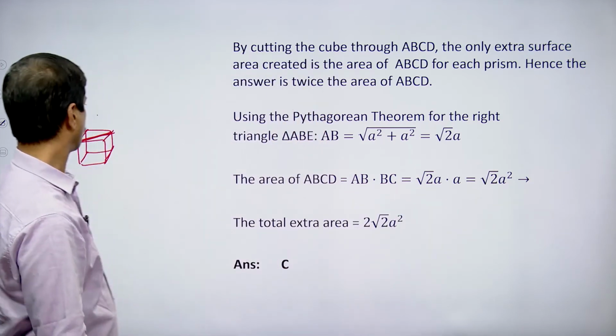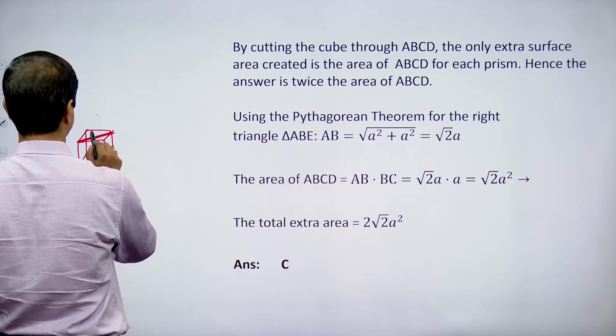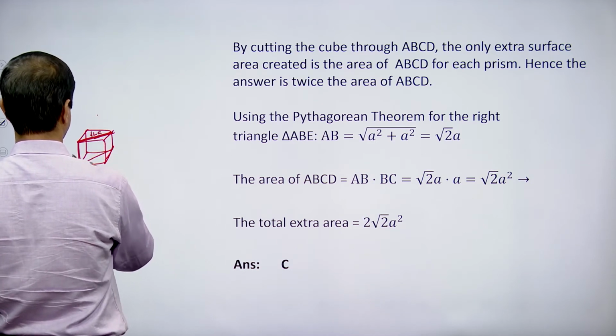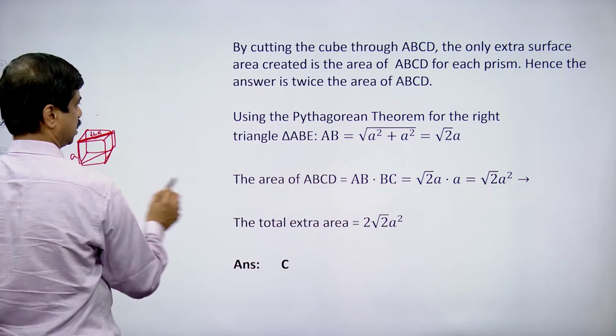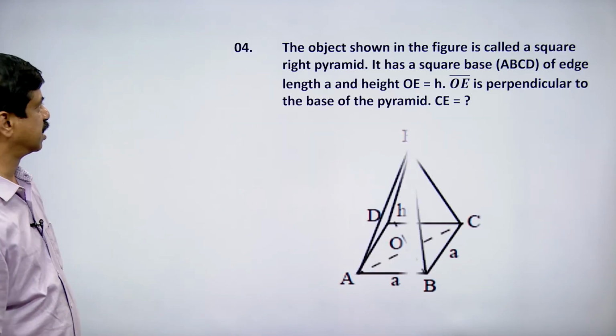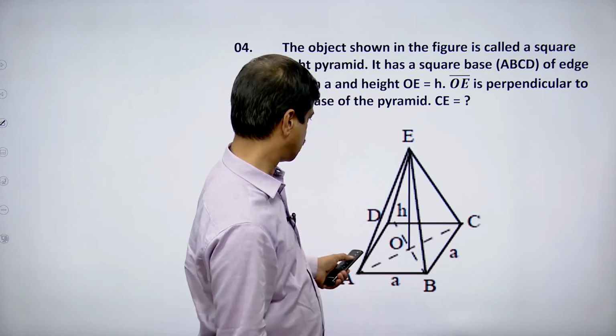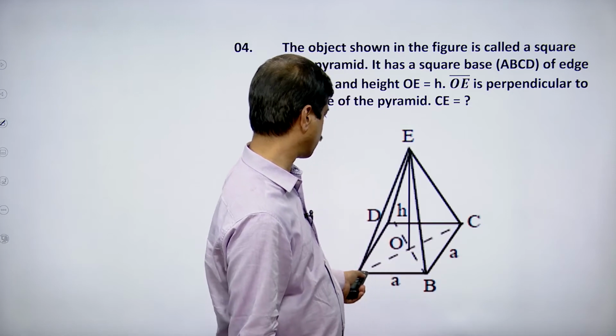Okay, this is ABCD, isn't it? So length is root 2a and breadth is a. So area is length into breadth, that is what we have written here. Okay, so let us go to the next question, children. See, this is the object, this is a triangular prism, and with base as square,